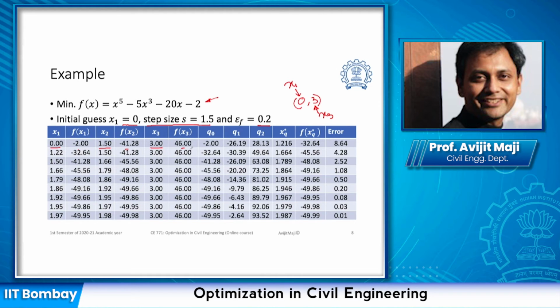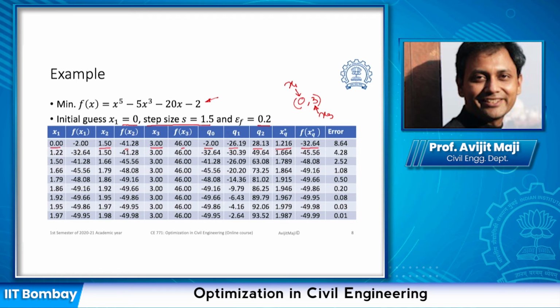Based on these objective function values, we need to estimate the Q0, Q1, Q2 of the quadratic function, and based on these q0, q1, q2, we are going to find out the optimum point of the quadratic function, and that is going to be 1.216,